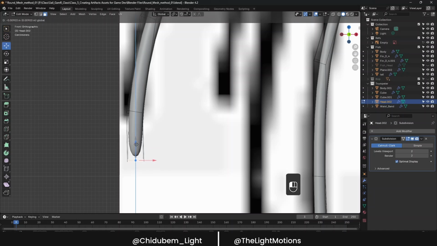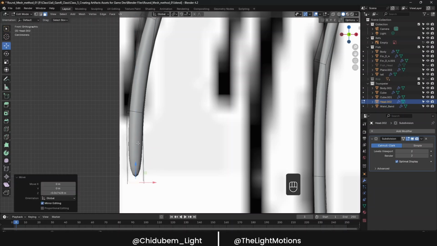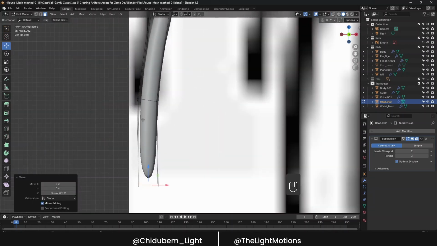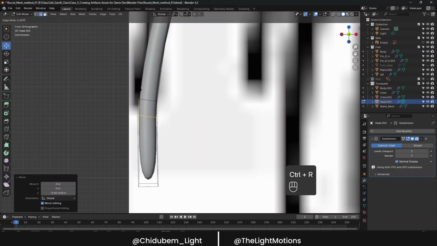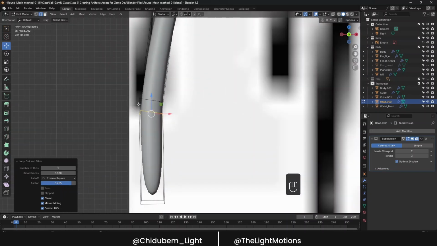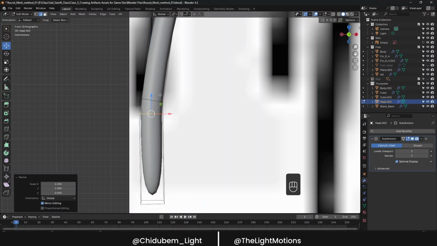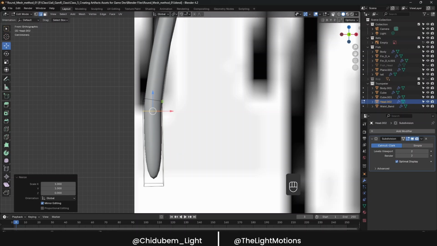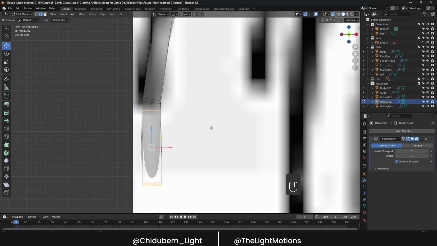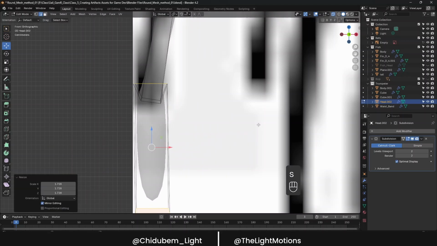You know what, we can drag this down the more like this. So Control R, add a loop here, then we can raise this up like this. Then again we can do S Z, then 0 to straighten this out this way. Then while it's selected, make sure X-ray mode is on, have this selected this way, then S to scale up,